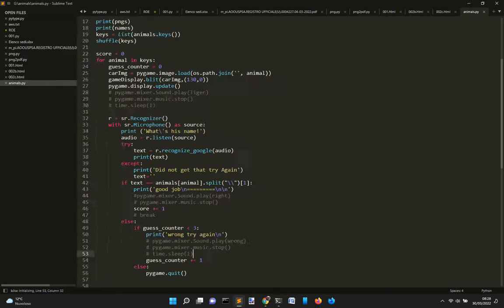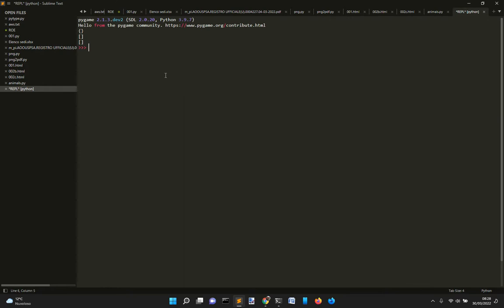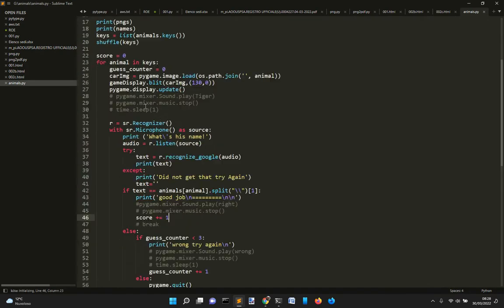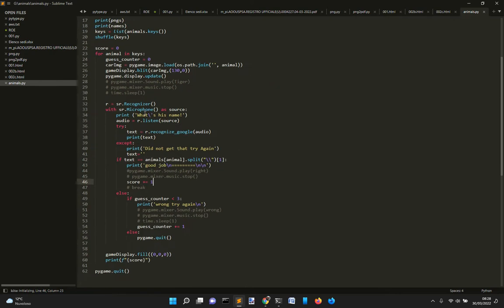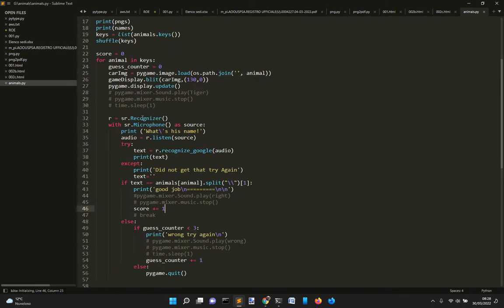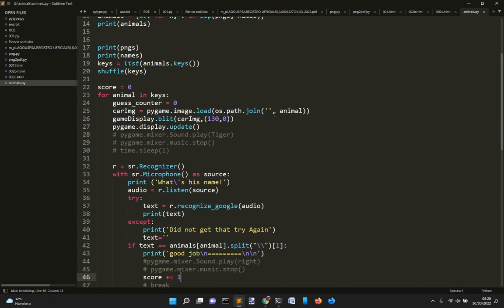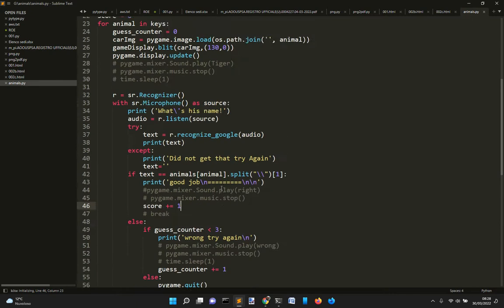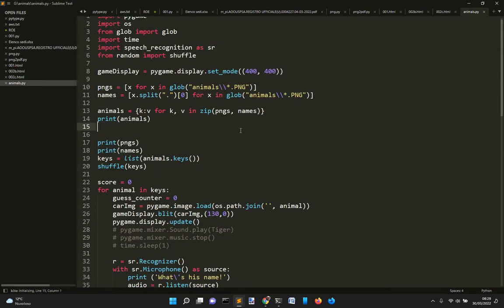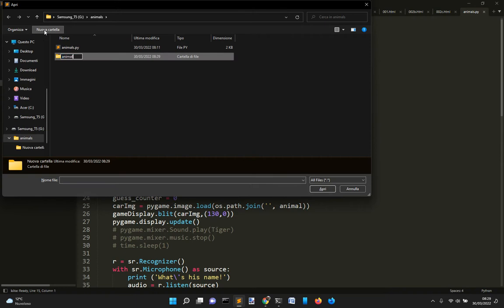So let's see how this code works. Let's run this, and as you can see, nothing happens because this code should wait for me to say the name of an animal that you see in a folder there. It's called animals. So let's create a new folder called animals, and then let's put some